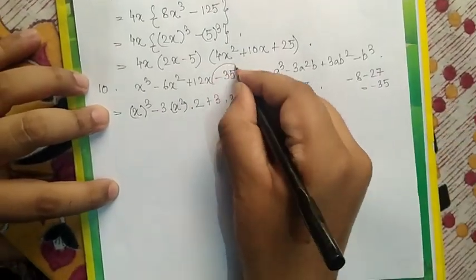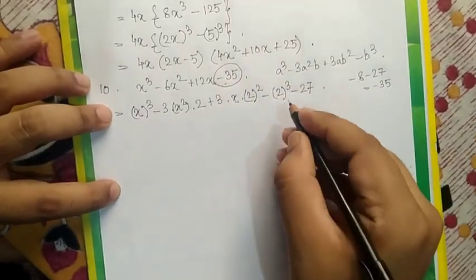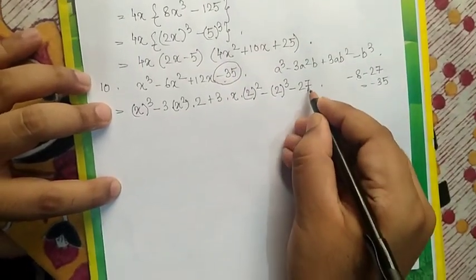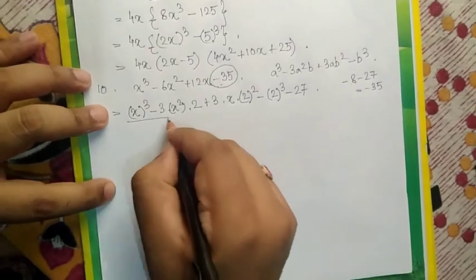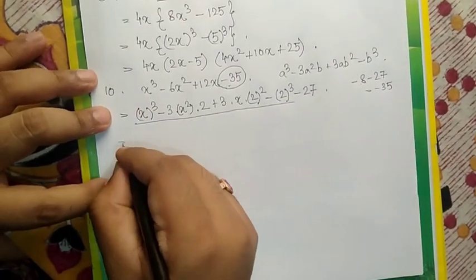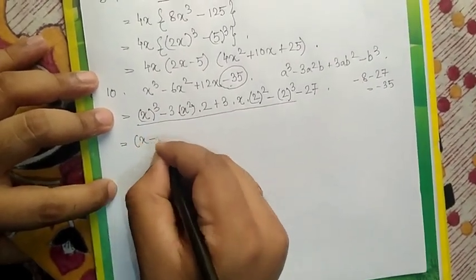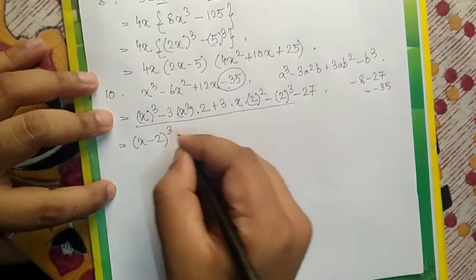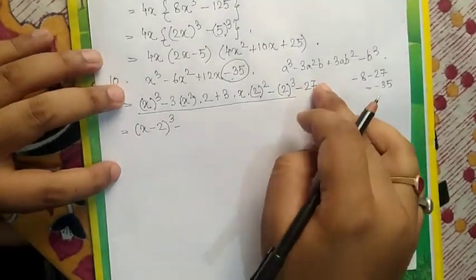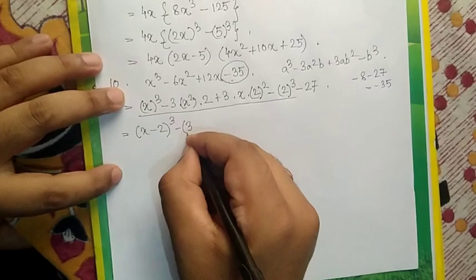So we just break this minus 35 into minus 2 whole cube and minus 27. So the first 4 terms we can write in this formation, and the last one should be